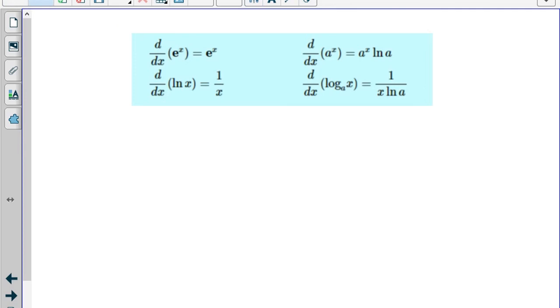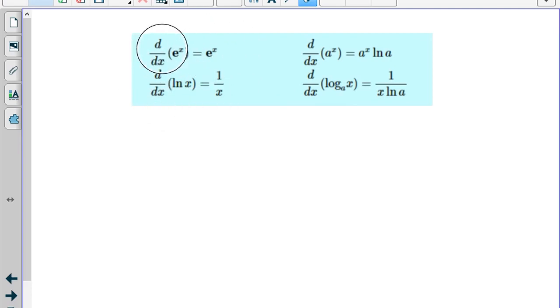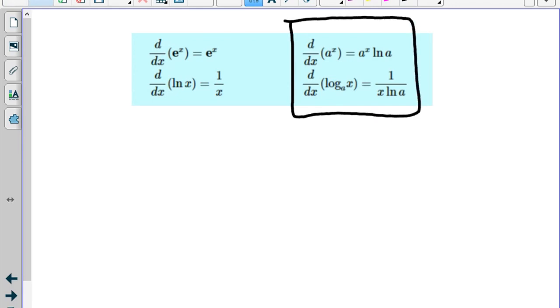So to summarize, this is kind of what we learned here for these derivatives. One thing I want to do is show you what to do if you forget how to do something. So these should clearly be memorized. You should definitely memorize the 2 things that I just circled. And if you don't remember where the natural log goes in a case where you have a non-e or non-natural log type situation, so if you have one of these situations over here,